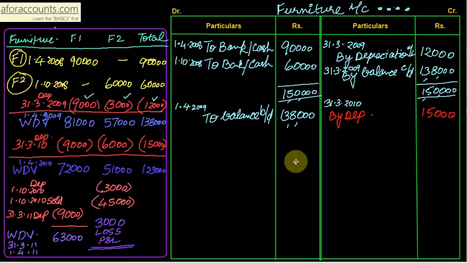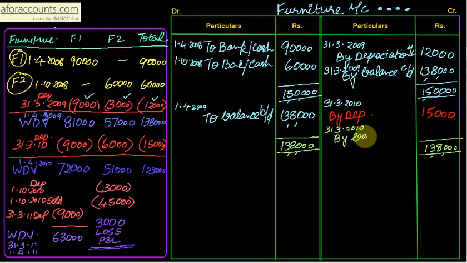And just take the total, 1,38,000. Minus 15,000 is your balance as on 31/3/2010. By balance carried down 1,23,000,